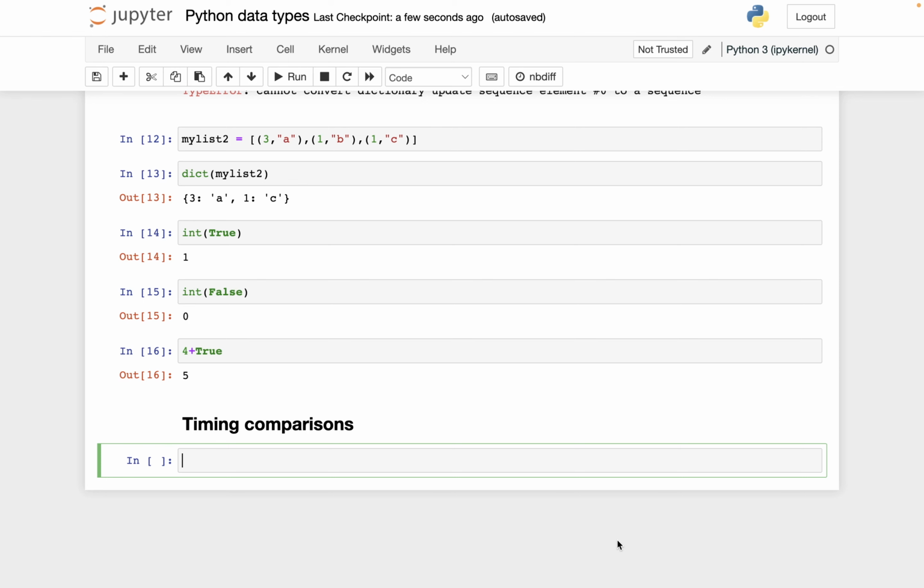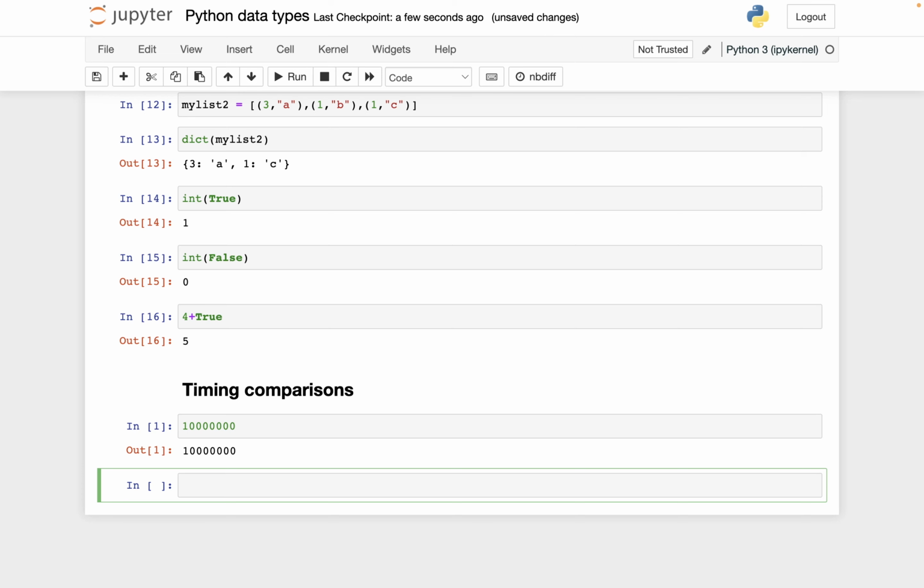I want to show a fundamental advantage of sets over lists and tuples, and that is that you can search in a set much faster, at least when the set is large. So I'm going to make a list of length on the order of 10 million or 1 million. And so we could write 10 million by just typing out all the zeros, but that's definitely not a good